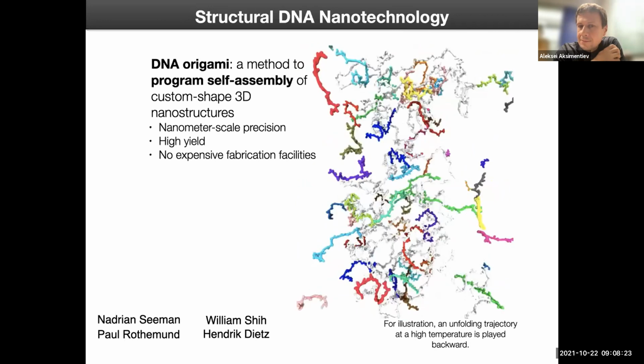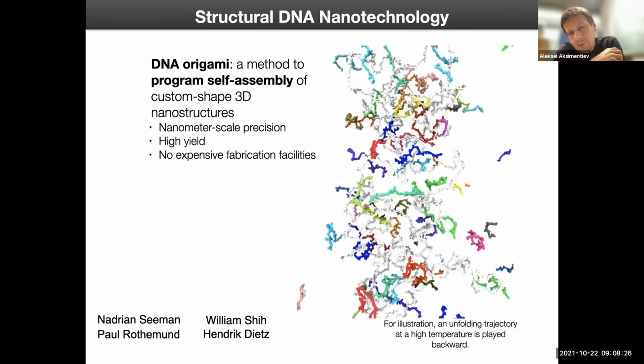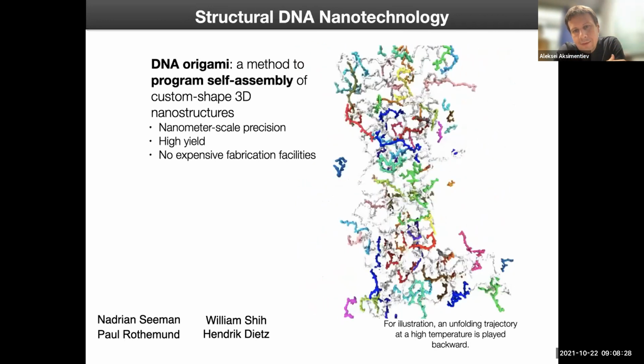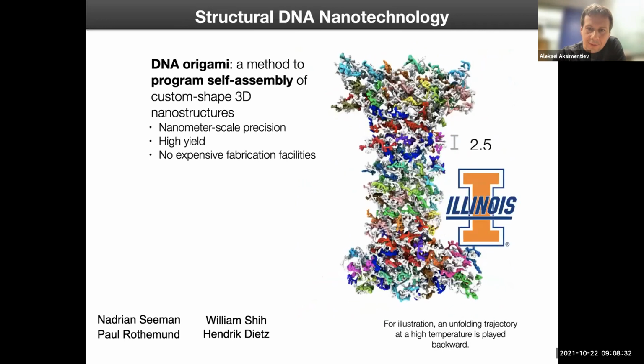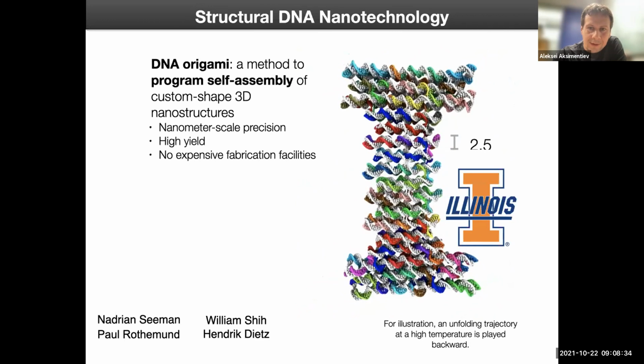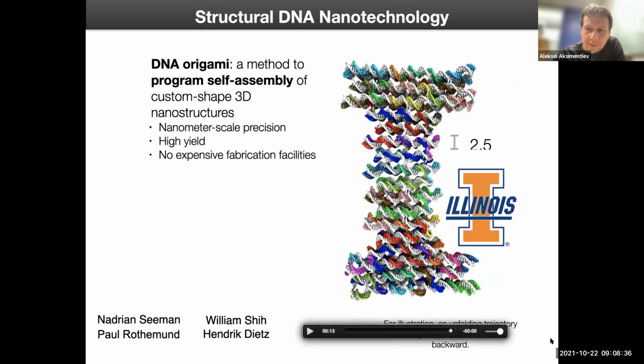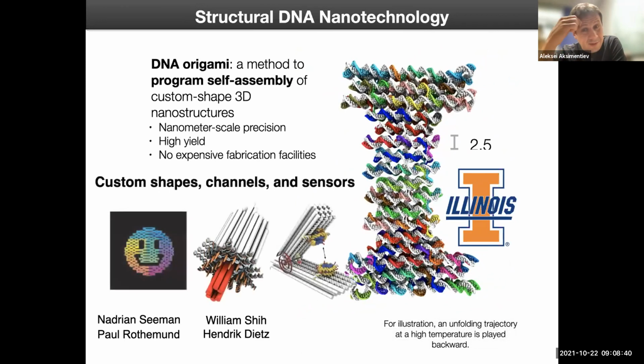In an experiment, you raise the temperature, you mix it up, and then you gradually cool it. And as you cool it, it will assemble into the structure that it was designed to assemble, in this case, the logo of the university. So this is something that's been around since 2006. Following pioneering work by Ned Seeman, Paul Rothemund invented DNA origami, and then it has been applied to